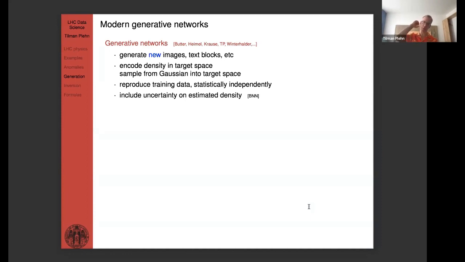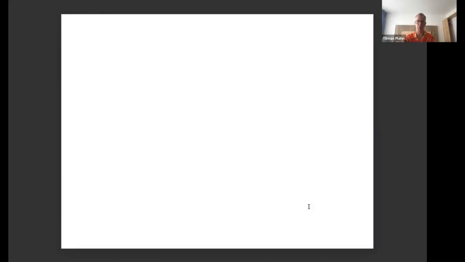Something that I like and we're working on, and I know you heard about Bayesian networks, and Bayesian networks are my favorite networks. What we did for the first time is extend that Bayesian network concept to generative networks. So you can encode not just a density, but also the uncertainty on the estimated phase-space density in a network. So you know how well you have learned stuff. And you'll see, all my plots in the generative networks results always come with an error bar. This is a Bayesian network error bar.